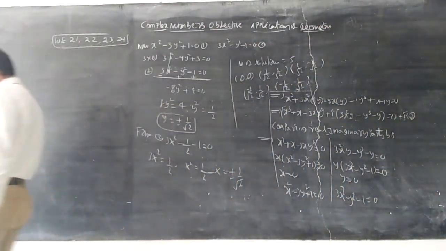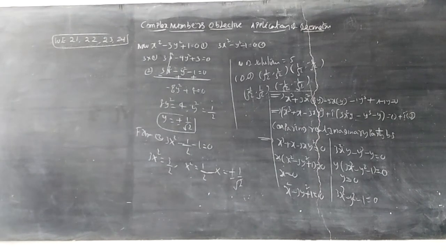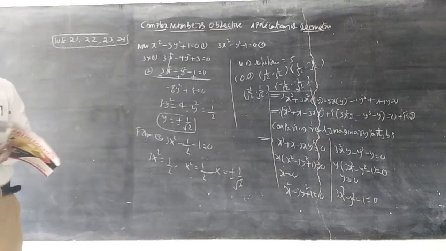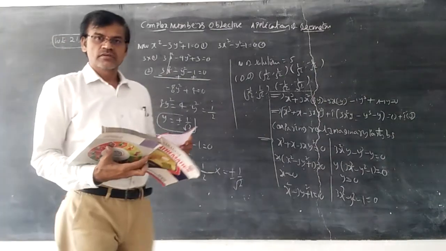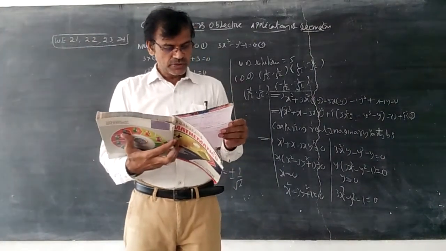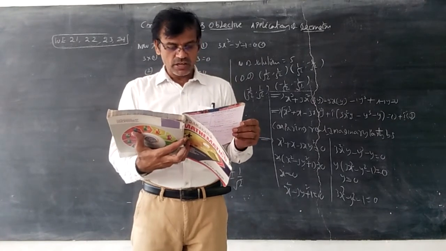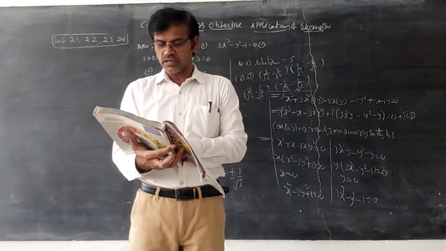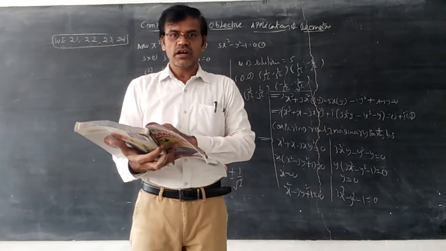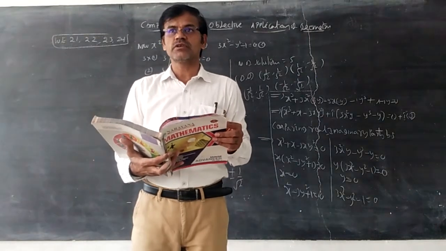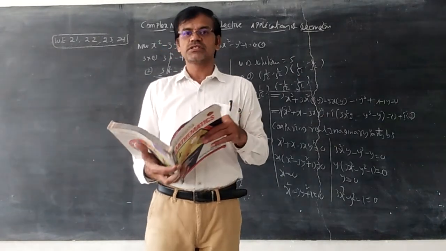In the complex number topic, 24 worked examples we have completed. Students, depending upon De Moivre's theorem, the next concepts are worked examples 25, 26 and De Moivre's theorem concepts, everything is there. Let us discuss De Moivre's theorem. Let us continue with De Moivre's theorem in the next class.